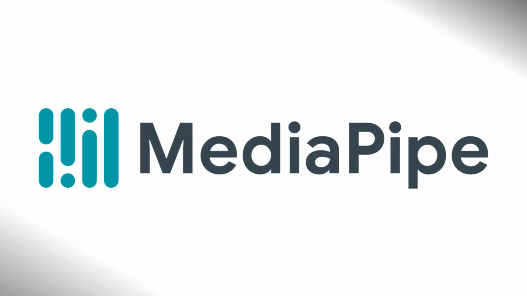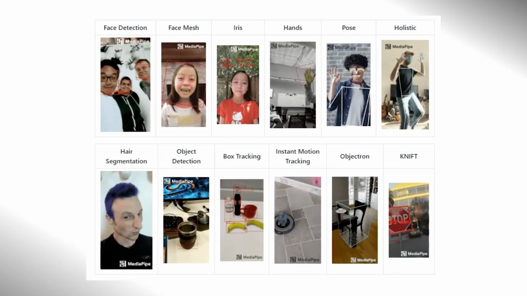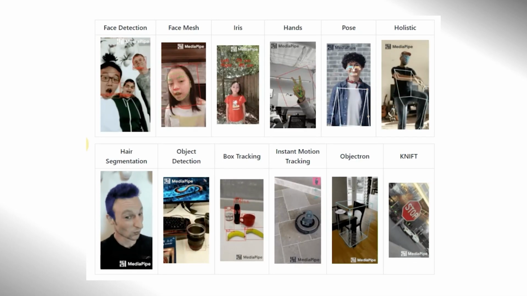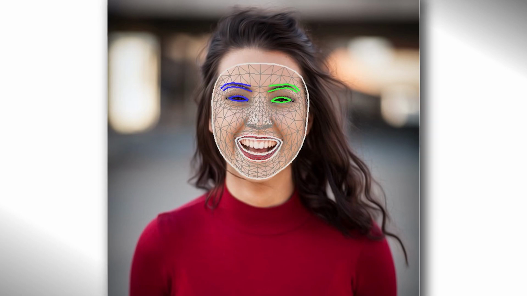So to build our application, we'll primarily be working with the MediaPipe library. In recent tutorials, I've covered a number of MediaPipe applications. This time I'm going to focus on the facial detection and the facial landmark detection model. So facial landmark detection is a really interesting application. Here you have a face and then you track all the different key points on the face.